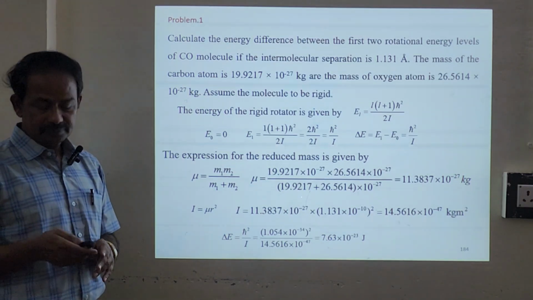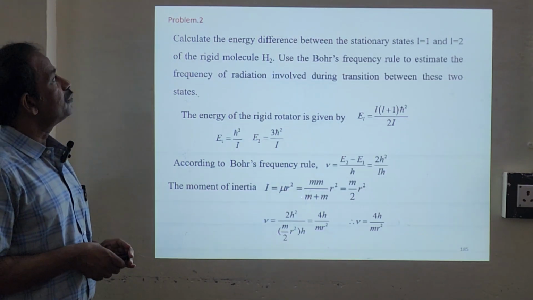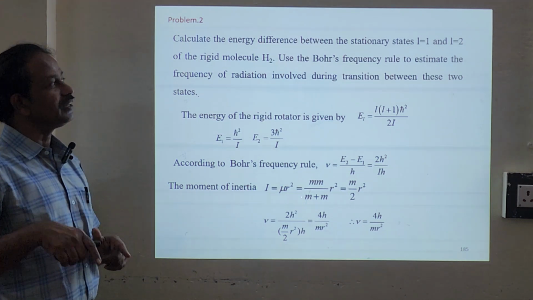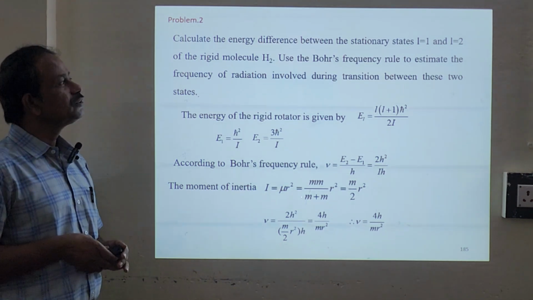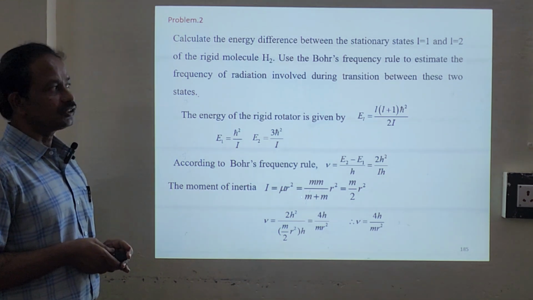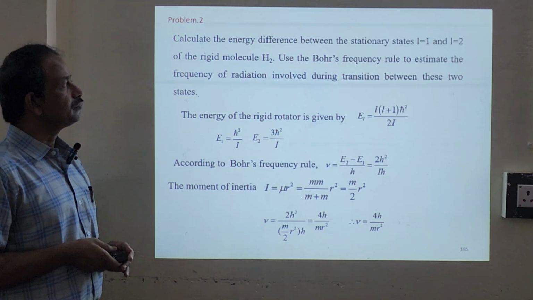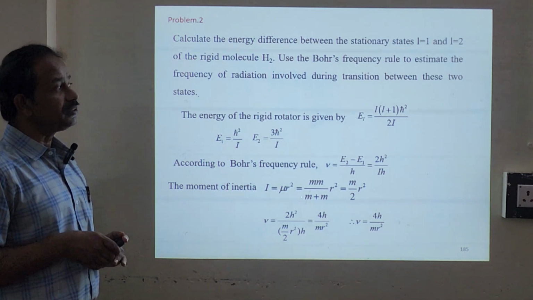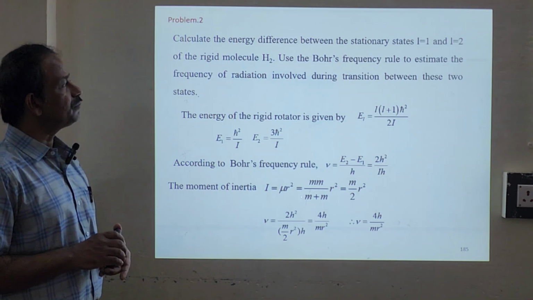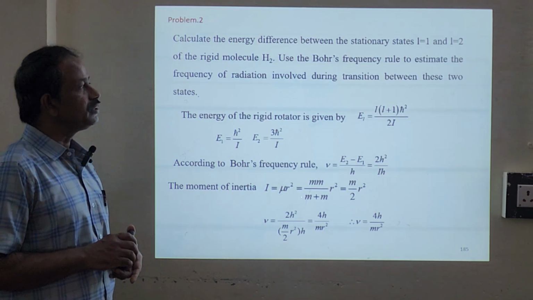Is it okay? Simple problem. Now problem number 2. Calculate the energy difference between the stationary states L equal to 1 and L equal to 2 of the rigid molecule H2, the hydrogen molecule. Use the Bohr frequency rule. So we are going to use the Bohr frequency rule to estimate the frequency of radiation involved during the transition between